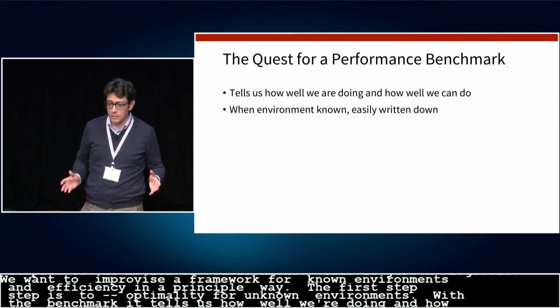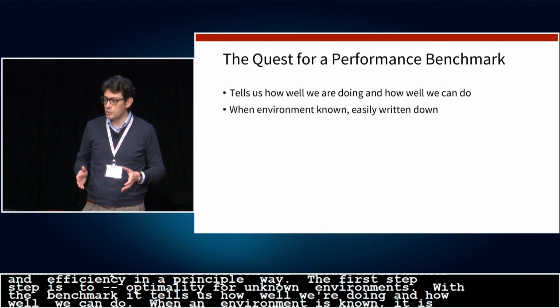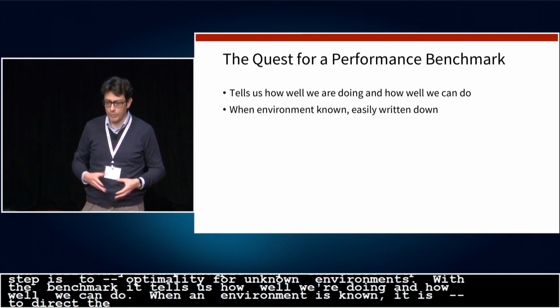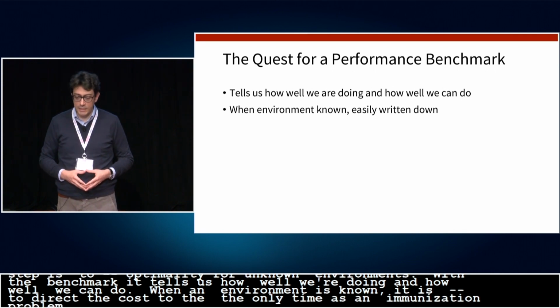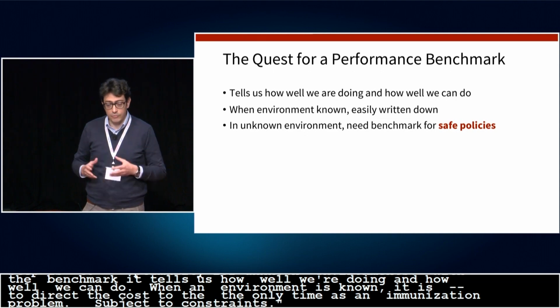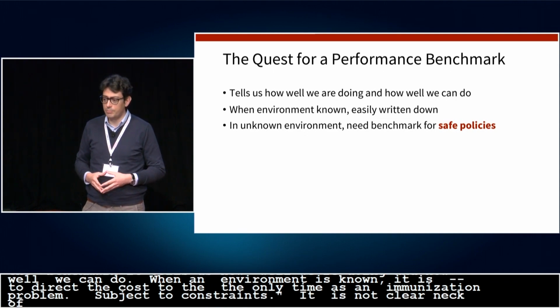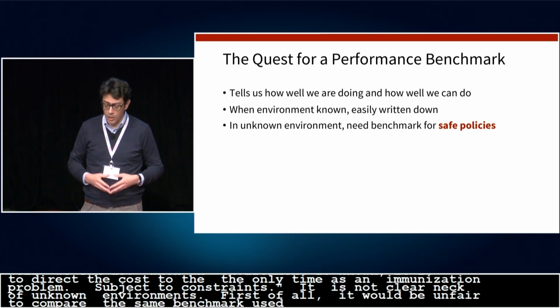Now, when the environment is known, it is straightforward to characterize the optimal cost of a safe trajectory as a solution to a constraint optimization problem, which entails minimizing a cost subject to collision avoidance constraints. But the situation is not so clear in the case of an unknown environment. First of all, it would be unfair to compare to the same benchmark used for the known environment setting. More importantly,